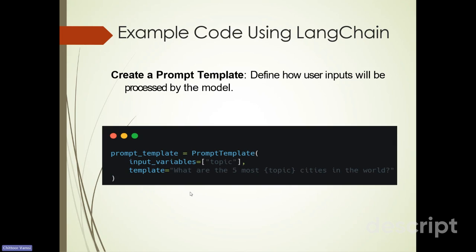If you see here, the prompt template, there is an input variable, "What are the 5 most", and there is a formatting option. The topic is not hard coded. This is a simple example. You can build more complex prompt templates, with tons of input variables which you want to embed into the actual template. So the template initially has "What are the 5 most {topic}", where the curly braces are a placeholder for the future topic from the user, like cities in the world.